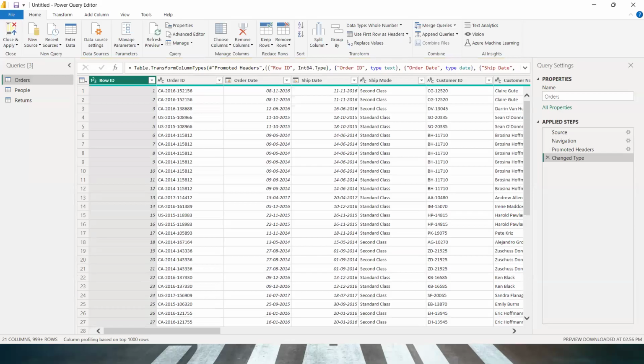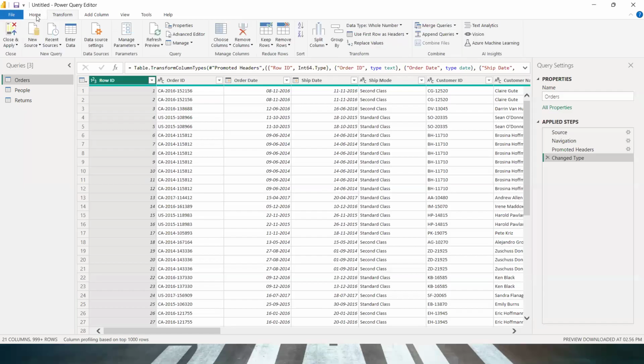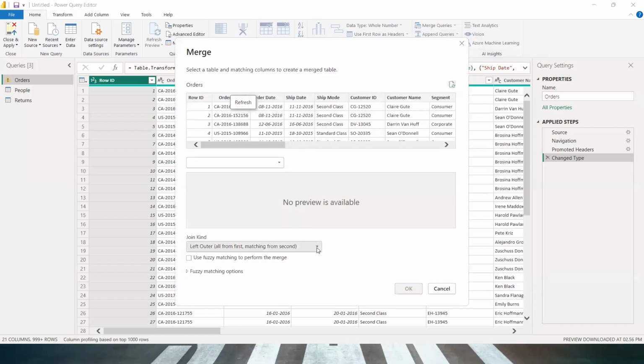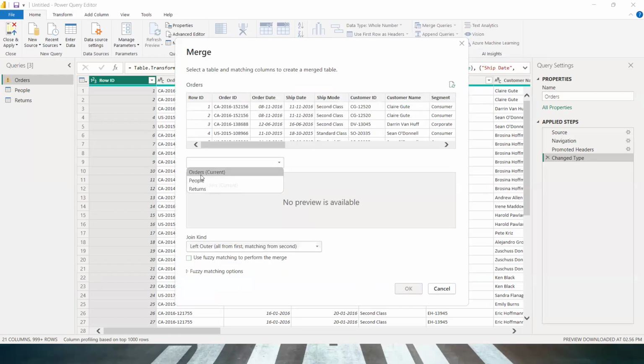Now if I have to join this data, I'll transform it. You can notice that it's mostly drag and drop. Here, I'll have to go and use something called merge queries. This is for joining. Like I did in Tableau, I just dragged and dropped the tables and joined them. This is how you join.